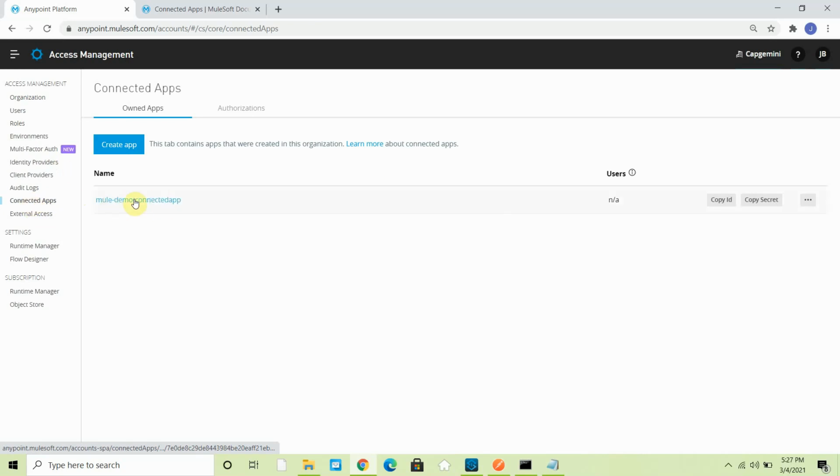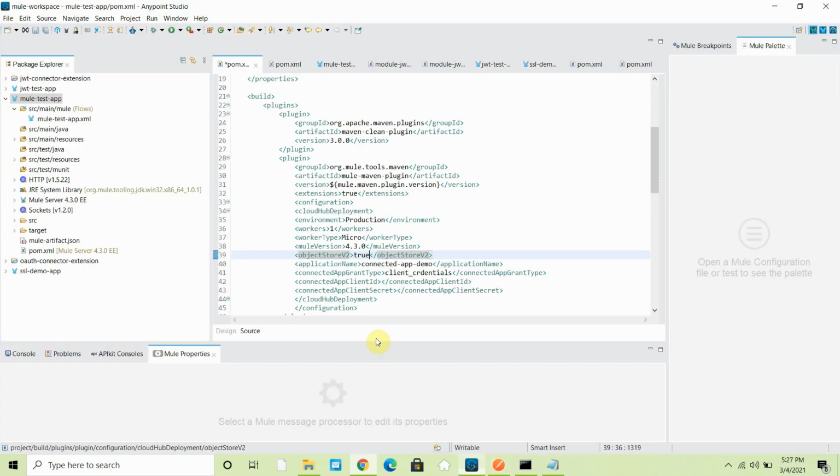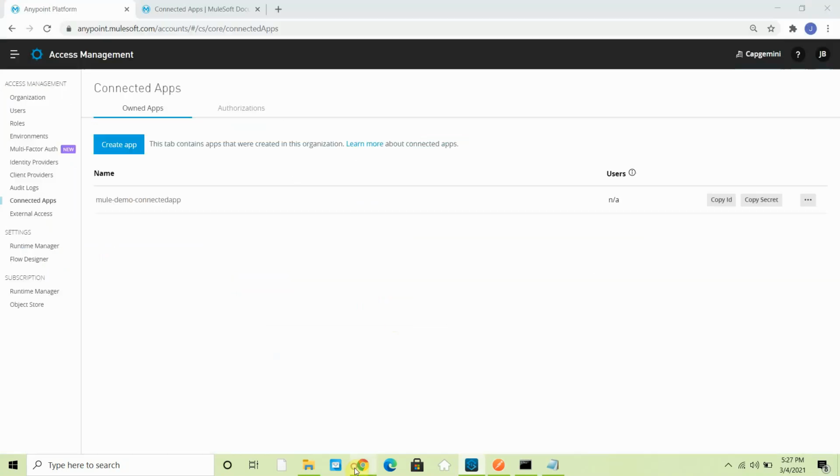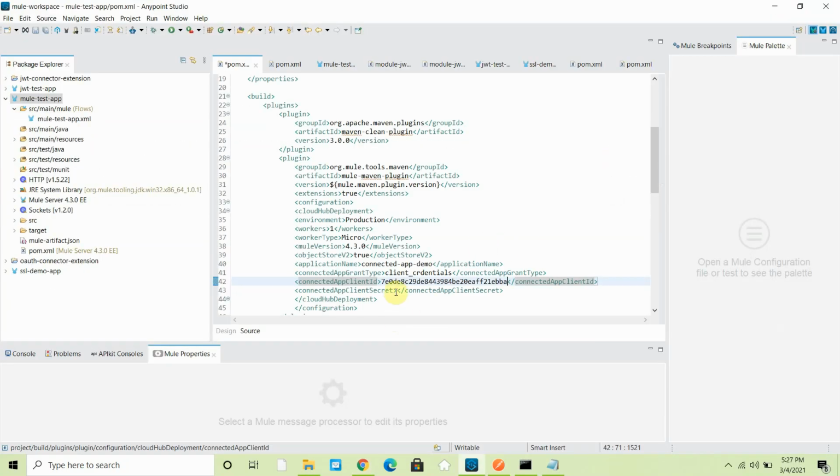Here we created this connected application in the first demo, and this is my client ID. Copy the client ID and paste it in the place of client ID. Then next, I have to copy the client secret, and just paste the client secret. Save everything, file save, that's it.